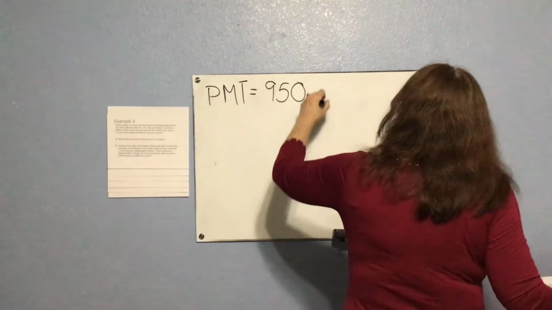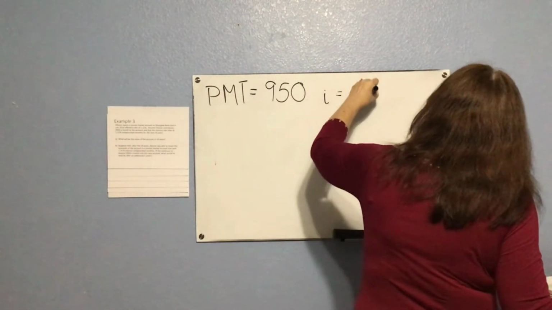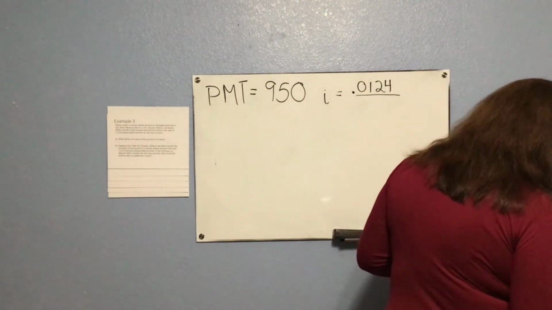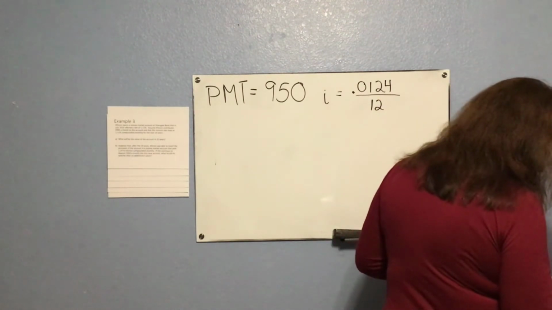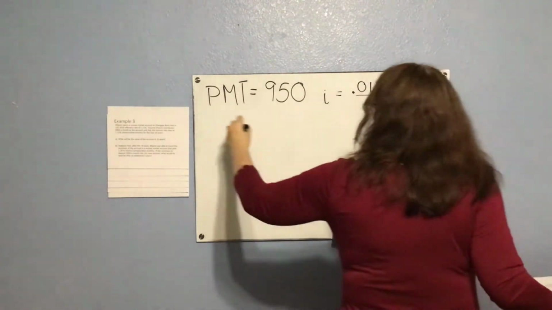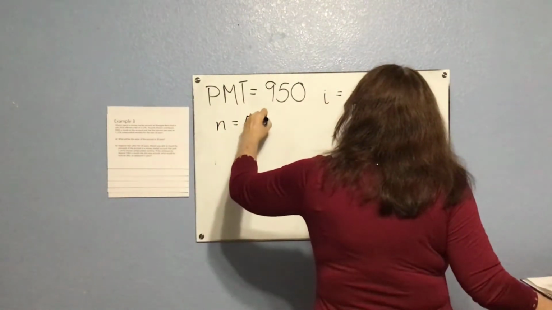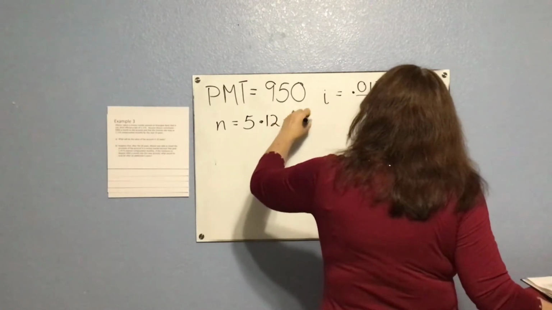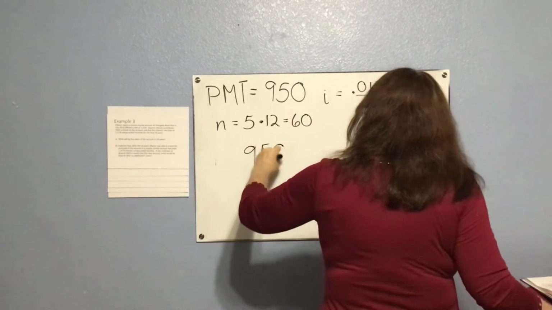Okay, our new interest is 0.0124 divided by 12, still monthly. But this time the n is equal to 5 times 12 because we're only investing another 5 years, so another 60 months. So our calculation here is 950